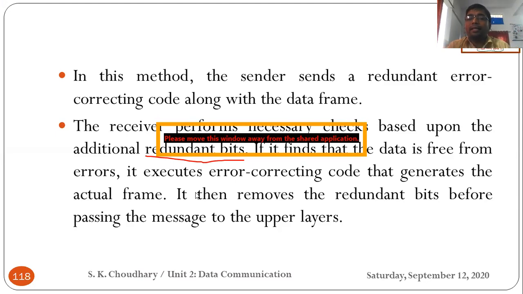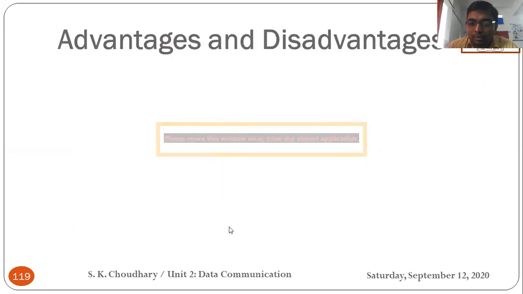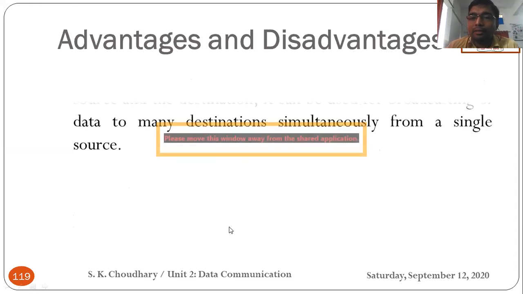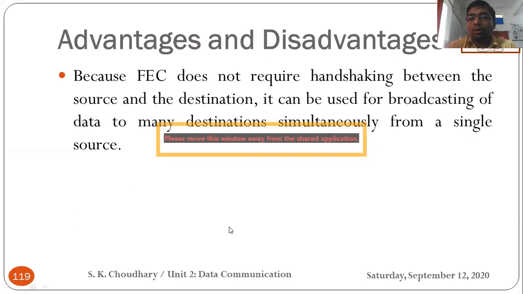It is based upon the addition of redundant bits. In which particular coding technique have we used the term redundant bits? If you remember, we used the convolutional codes. We have used the redundant bits. That is also one of the examples of that. We have used error correction codes.